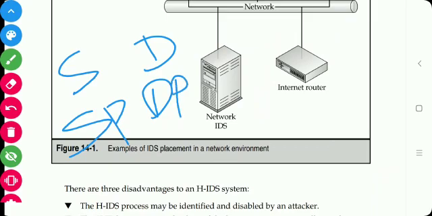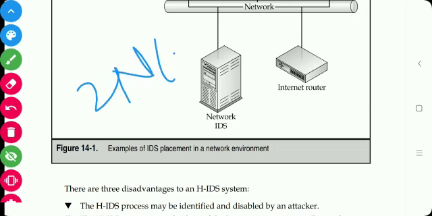The most common configuration for the NIDS is to use two network interface cards. One is placed into the network to monitor the network. This card is placed in a stealthy mode so that it does not have an IP address, and that is why it is not necessary to give a response to the sender. And the second card is used to communicate with the IDS management system and to send alarms.